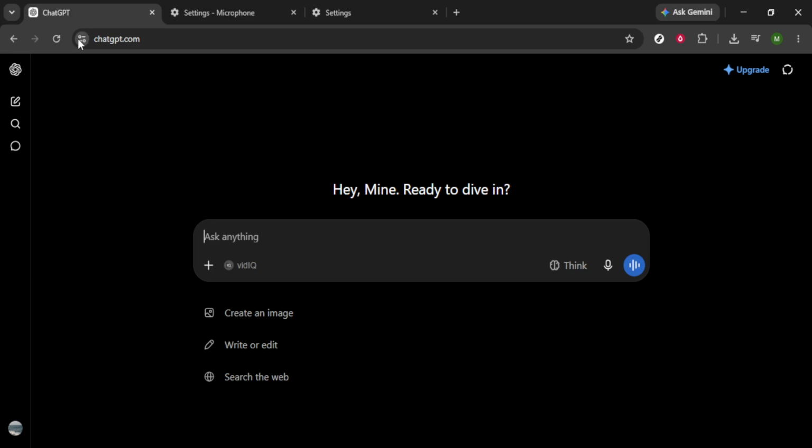This could either be a little lock symbol or a settings icon, depending on your browser. Click on that icon, and once you've done that, look for the option that says Microphone Permissions. You'll want to make sure that microphone access is enabled specifically for ChatGPT. If you find that it says blocked, go ahead and change that setting to allow. This simple step resolves the issue for many users because, remember, the browser needs permission to utilize the microphone in